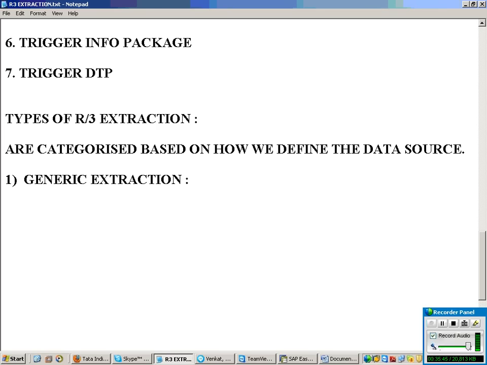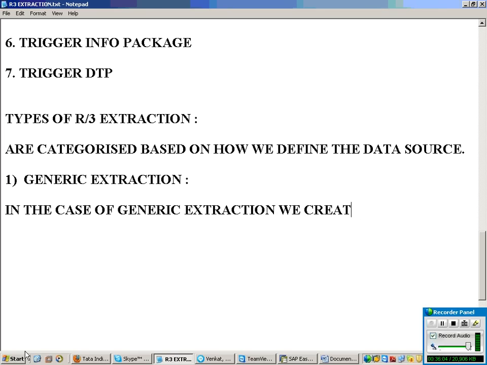In the case of generic extraction, we create the data source on our own.